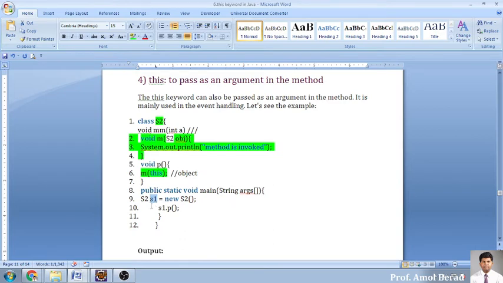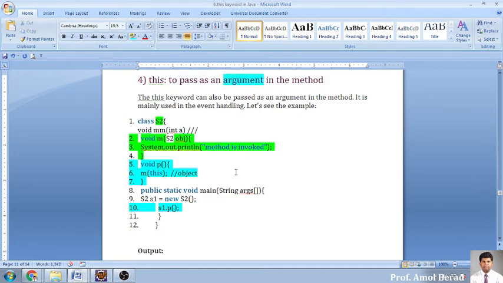Now there is no default constructor, so it will move to the second line, that is s1p. You will be calling the p function. This p will be entering over here. This part will get executed. In this it is saying m, and you need to pass the object. So this object will be passed to the m function. You will be entering over here, and this part will be getting executed, and you will be getting whatever things you have written into the print function. Okay, is it clear to you how to pass an argument in the method?